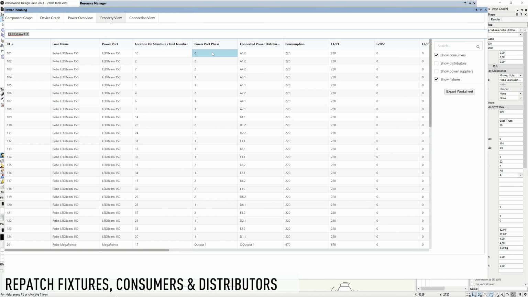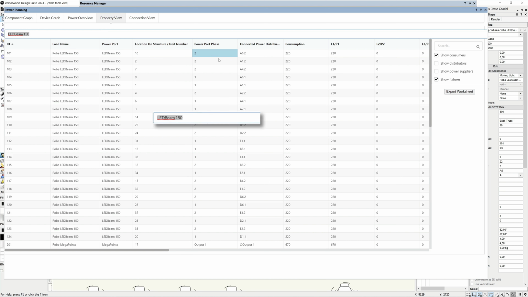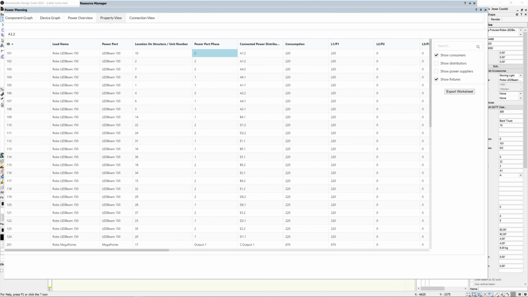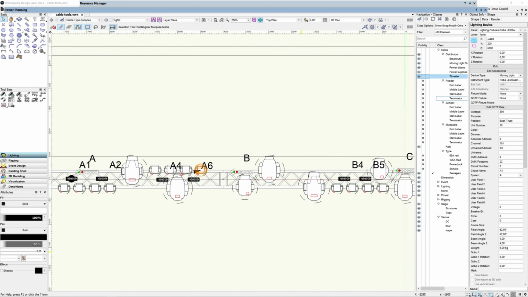You can also use the property view to repatch fixtures, consumers, and distributors. Select the power port phase cell for the device you want to edit and type the new patch location in, using the format object ID, then output or input number. Whenever you patch this way, new cables will be drawn to replace the old ones. And any new cables that you create will use the same numbering as the currently active cable tool automatic numbering